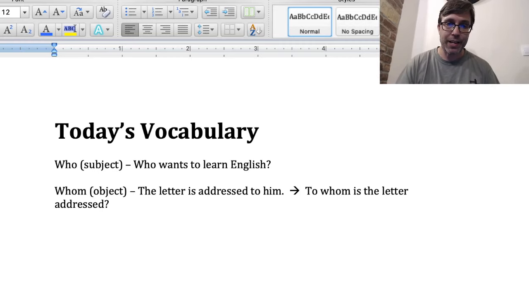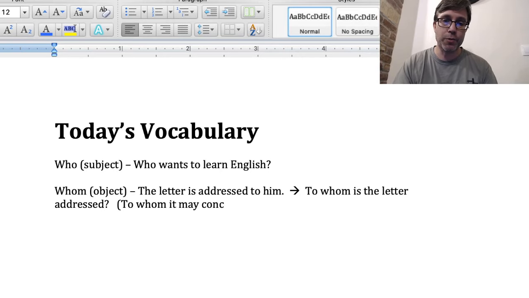There's another common phrase that I think many people will use with whom, with the letter, to whom it may concern. And you would write this in more of a business setting, well, not a smiley face, to whom it may concern. So who, you really think about more the subject of the sentence, whom is referring to the object. I think most of the time people are going to use who because they're going to be talking about the subject of the sentence.